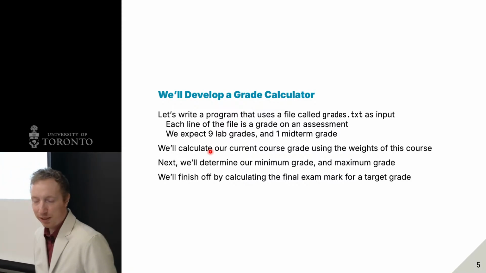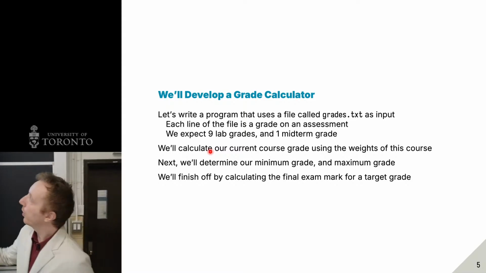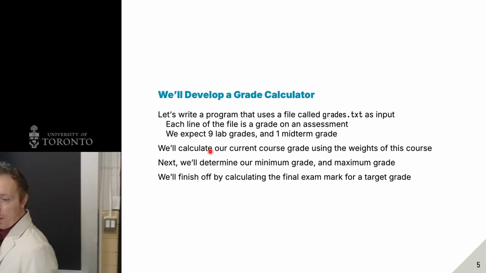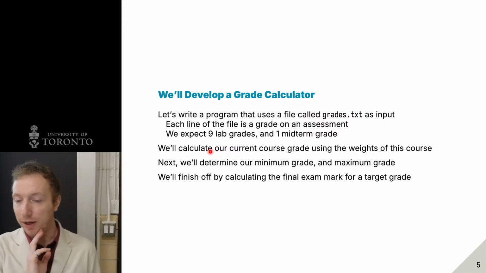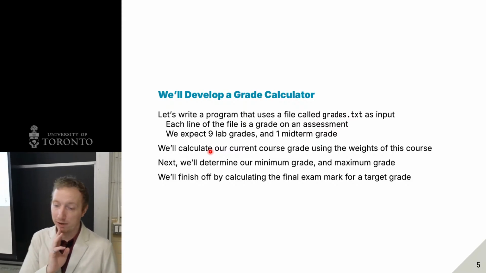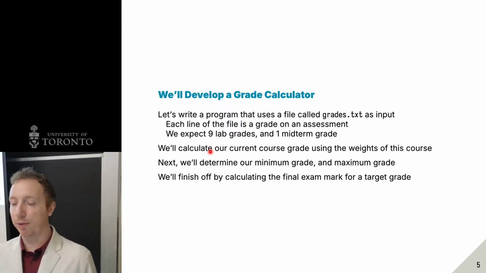Yeah, well, we can write a program to do that. So let's just do that for fun. We're going to write a program that takes a file called grades.txt as input. Each line of the file is a grade on an assessment. We're going to expect 9 labs, 1 midterm grade, and then we'll calculate our current course grade using the weights